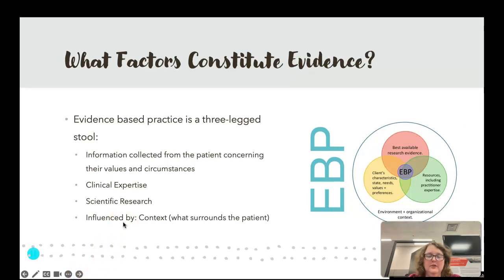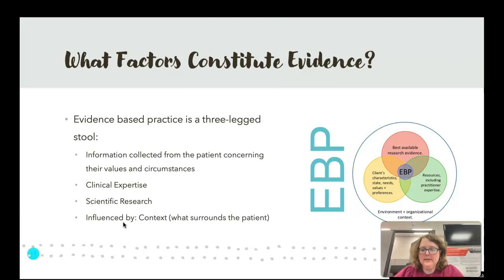Evidence-based practice is a three-legged stool. For the evidence-based therapist, these three sources of evidence, clinical expertise, scientific research, and patient values and circumstances, form a foundation from which you and your patients work together to determine the best course of physical therapy care in any given circumstance. This is influenced by context, the environment in which the patient needs to operate, and the organizational context, factors that influence care from a systems approach, such as patient compliance, documentation, patient and therapist values, patient expectations, and